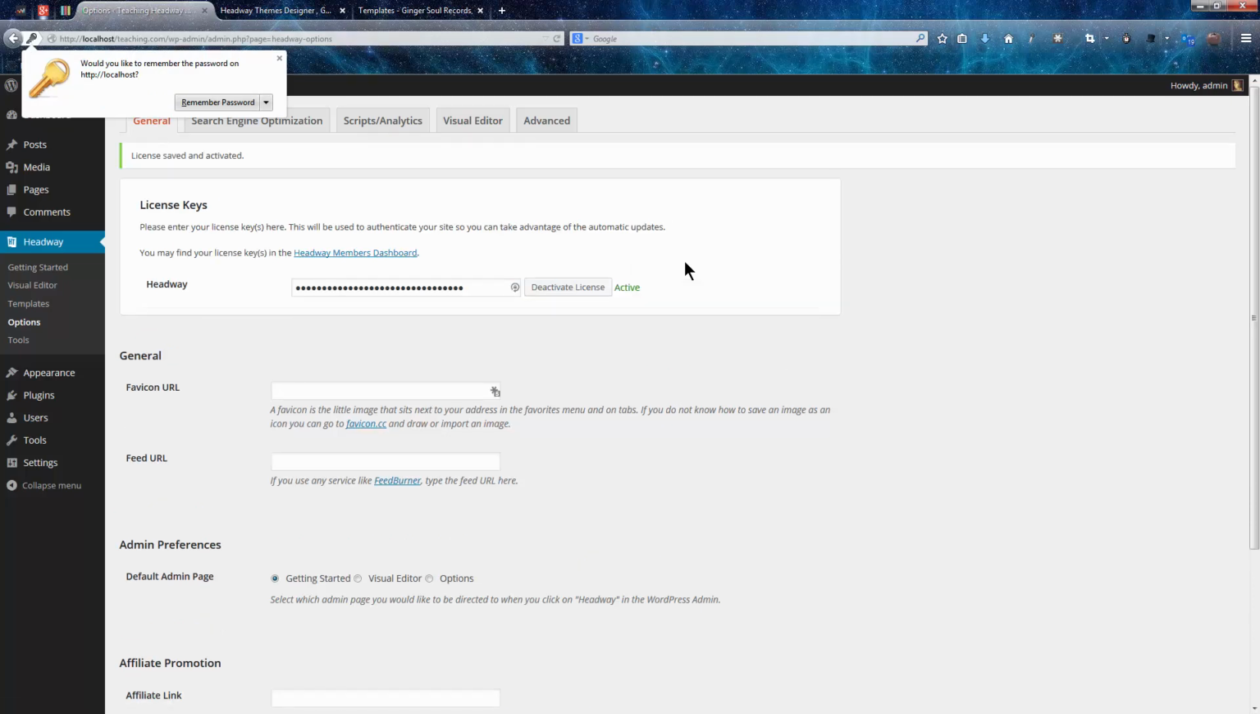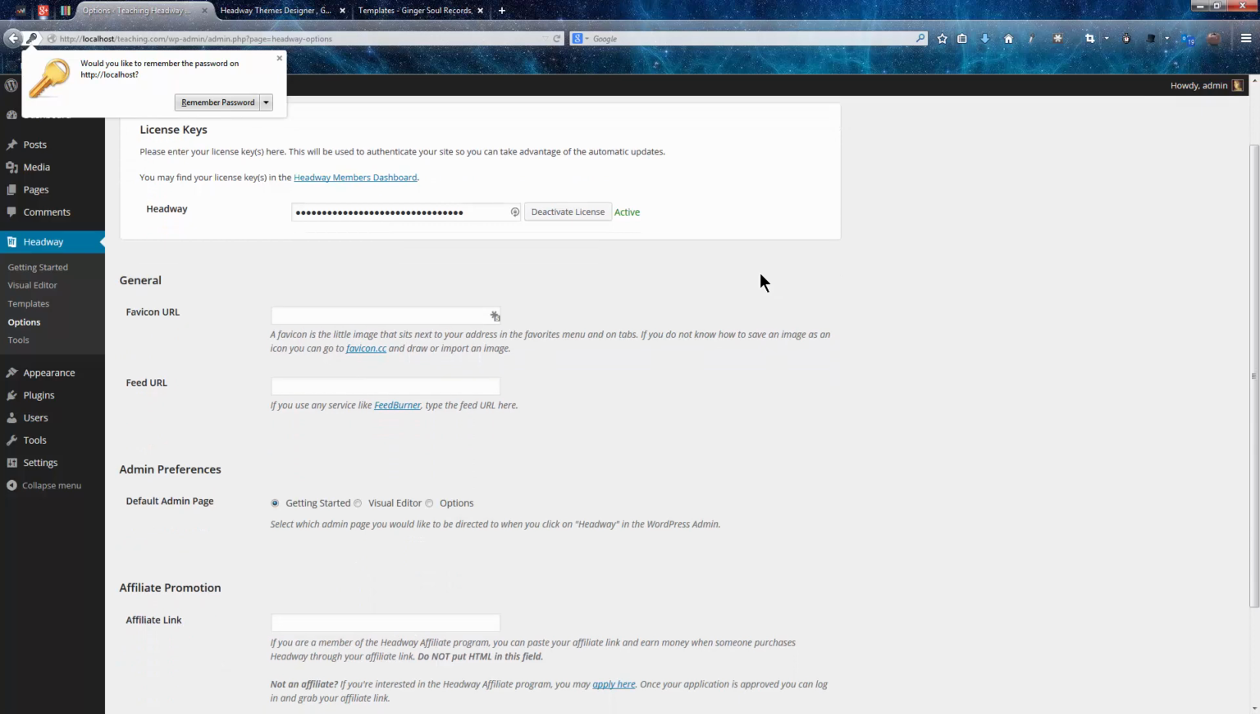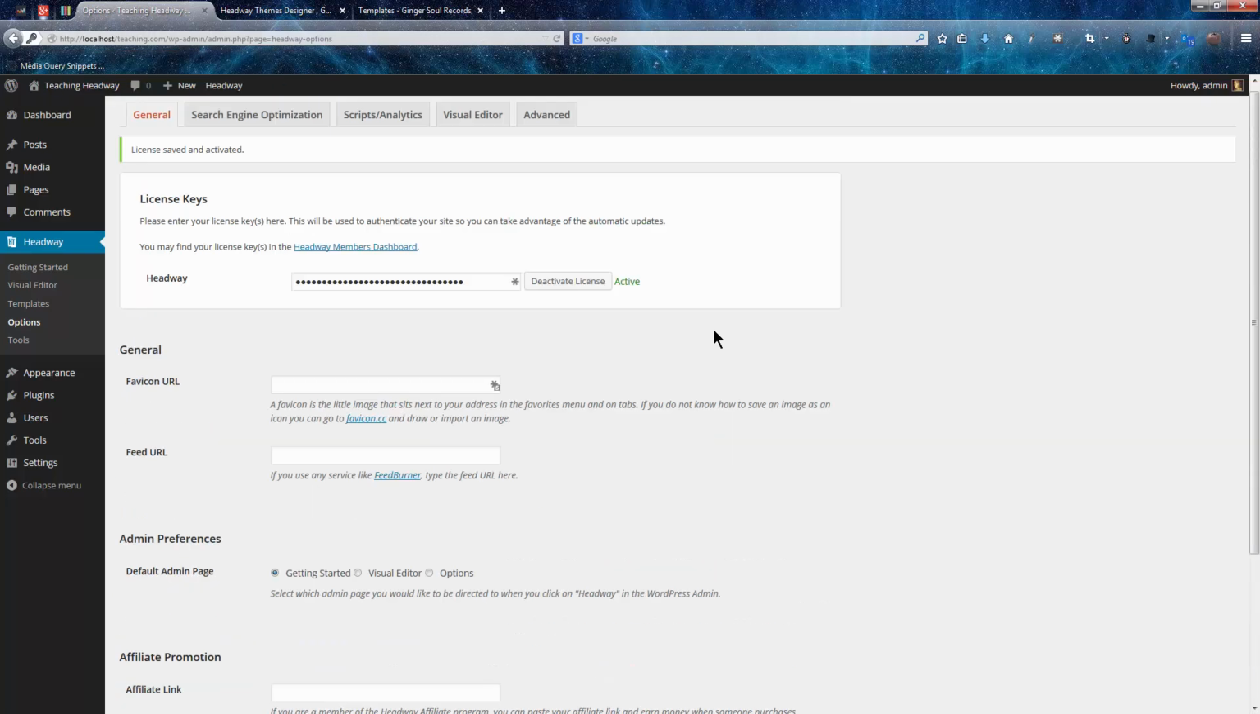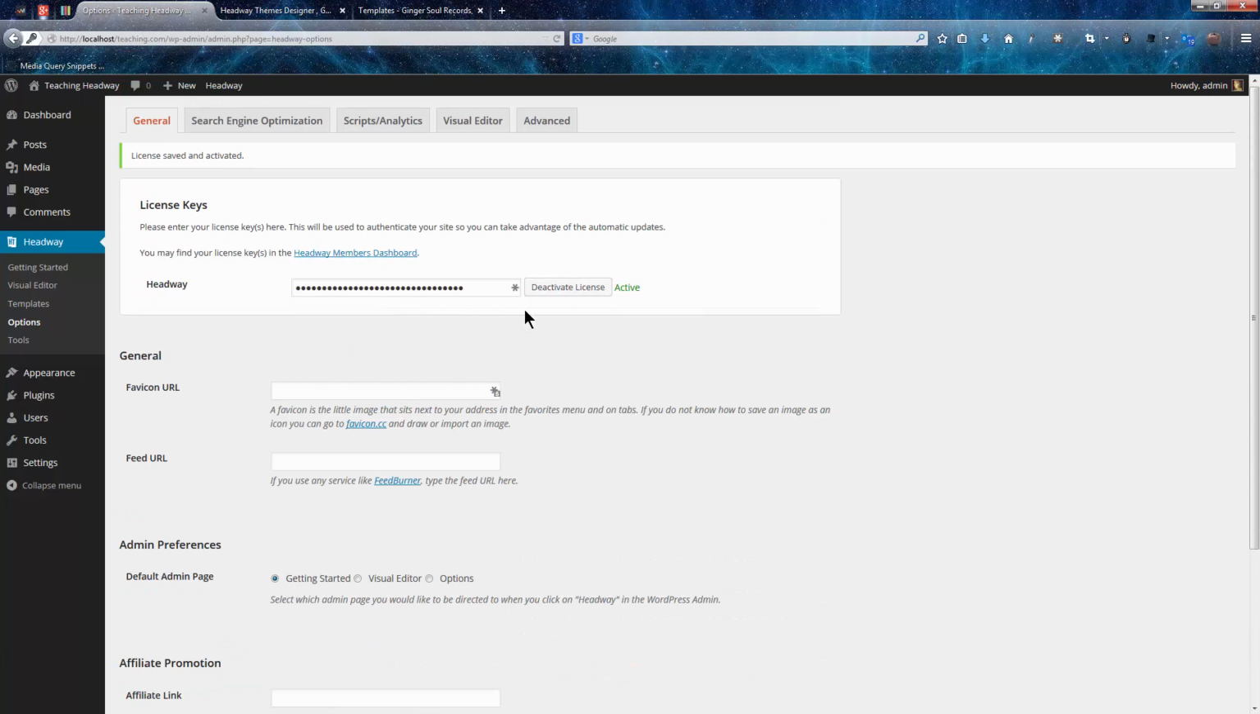Now, the license key doesn't mean that you can't use Headway. You can use Headway regardless of the fact that you have a license key. You just won't be able to update it if you don't put a license key in there. Okay, so once you've activated Headway, you're basically good to go. So that's if you're making a blog, you're good to go. But if you're making a website, like I said, you still got a few more steps that you need to